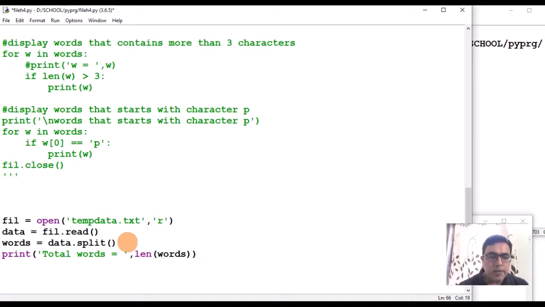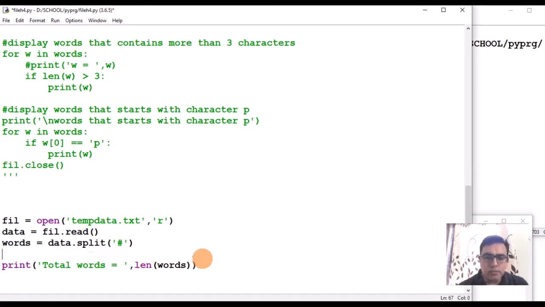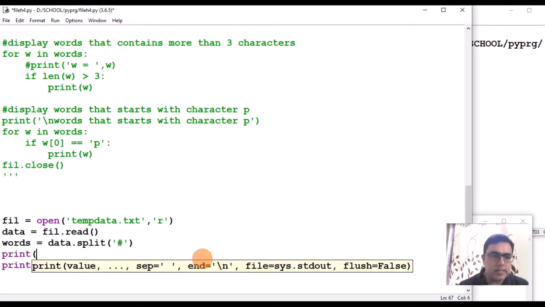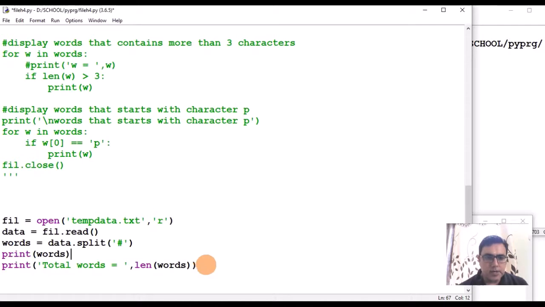This time it will split the data on character hash, because I want to process spaces in the words also. So I'll just print this list words. Let us see how it works, and then I'll say dot close.